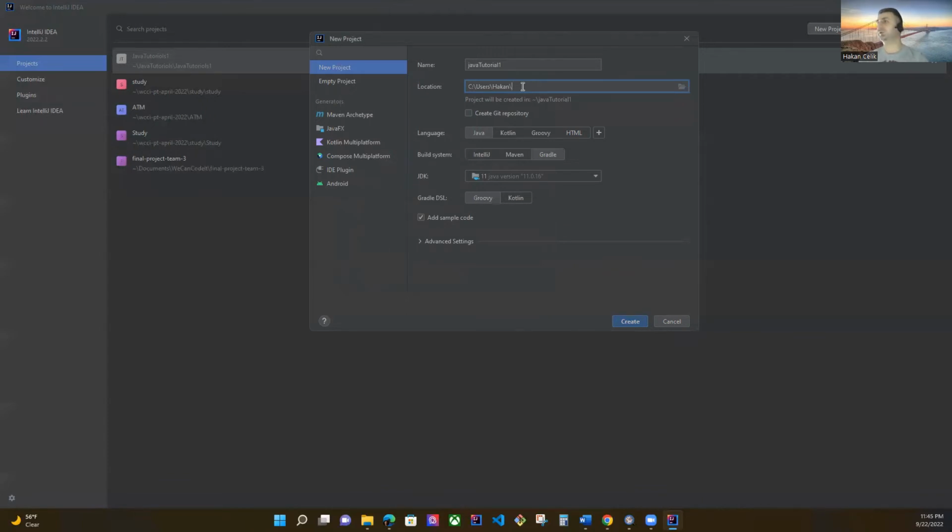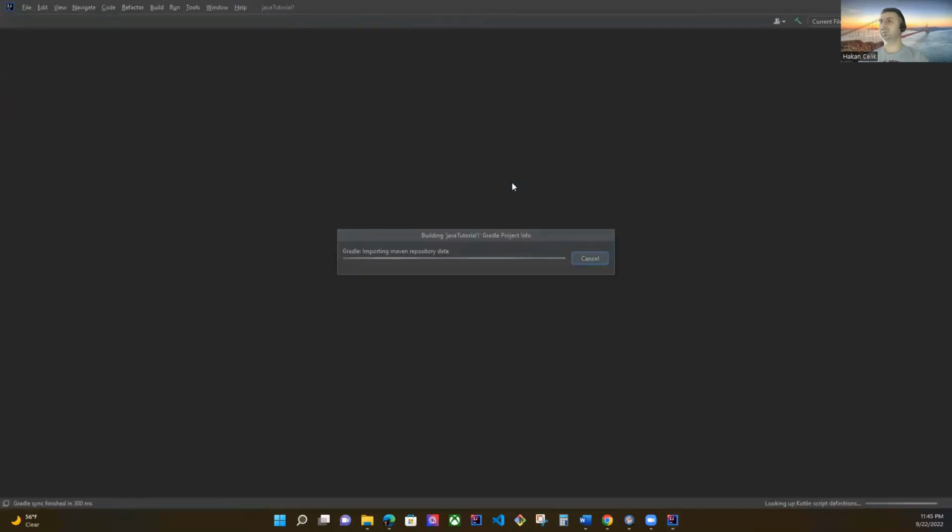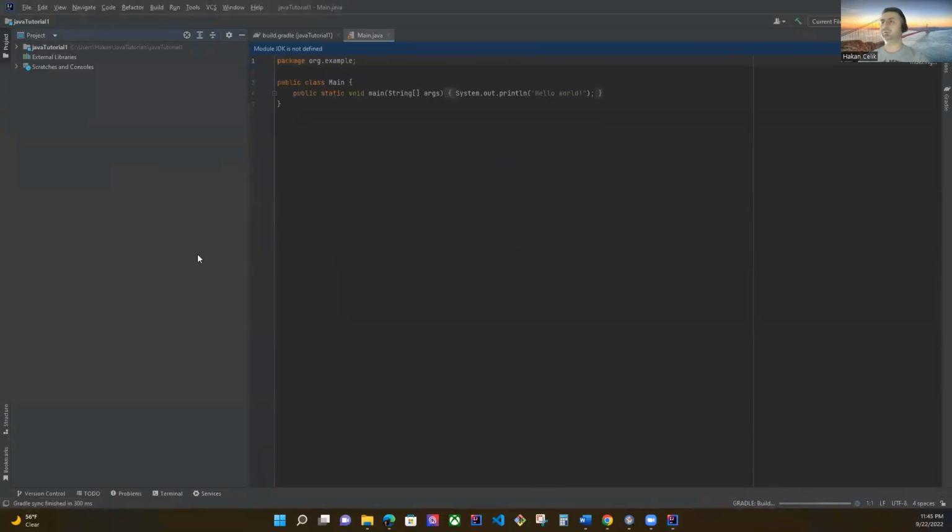To create the other file inside the Hakan file, I will write in here Java tutorials, and right now this is going to be as domain files, and this file is going to be inside this file, and I said create. They're building your